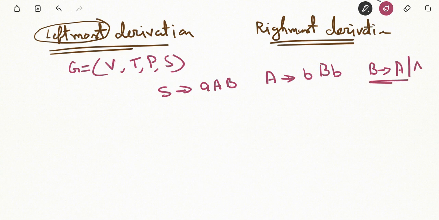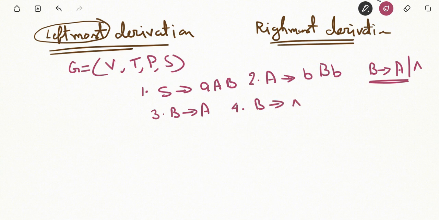What does it mean? This signifies that two production rules are here. Suppose we number it, then from this we have B is rewritten as a as the third production rule, and fourth is B is rewritten as epsilon.